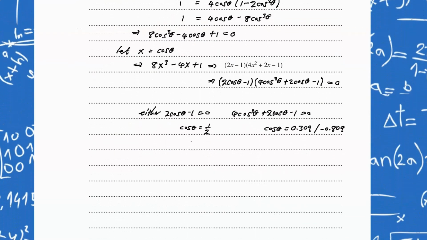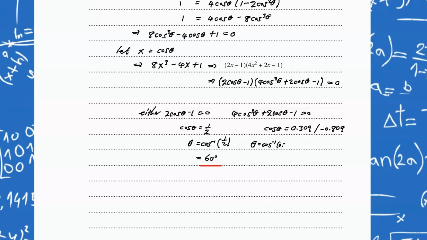And for cos theta being a half, if we say theta is arc cos of a half, we know that arc cos of a half is 60 degrees, and 60 degrees is between 0 and 180 degrees, so it's a good answer. The other value, we know that cos is positive in the fourth quadrant, and the value is beyond 180, so we will only take this value here for theta here,